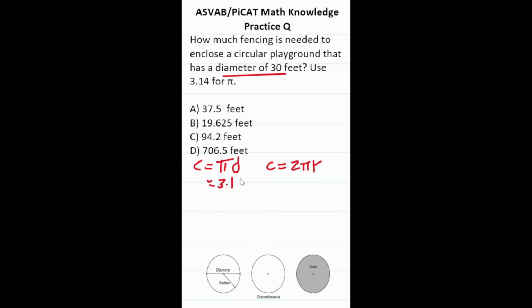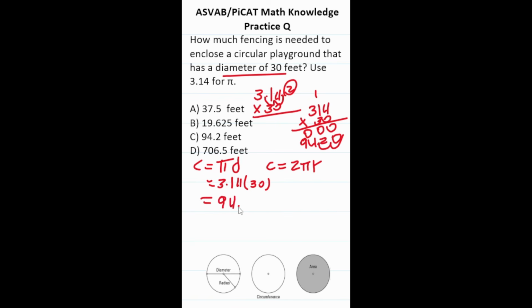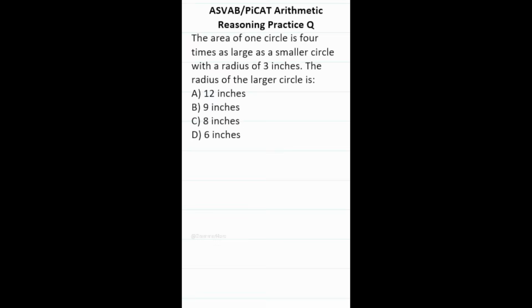Again, we're told to let pi be 3.14. We know our diameter is 30, so all we have to do is work this out. This becomes 3.14 times 30. Again, we're doing multiplication involving decimals. Move that decimal place 2 times to the right to make this 314 times 30, and let's work this out. These are all going to be zeros. Add a zero placeholder. This is 12, carry a 1, 4, and 9. Bring in our two decimals, 1, 2. So our circumference is going to be 9420,